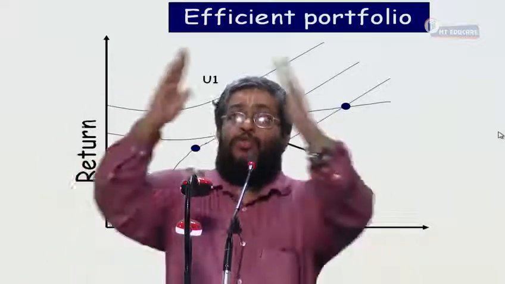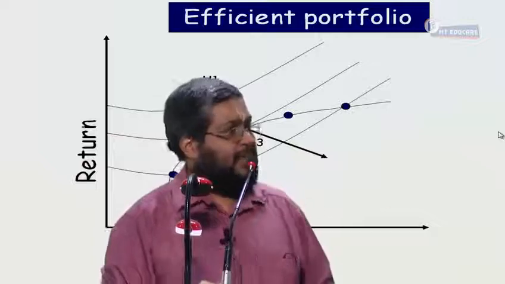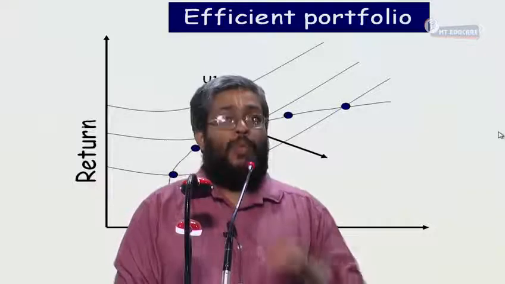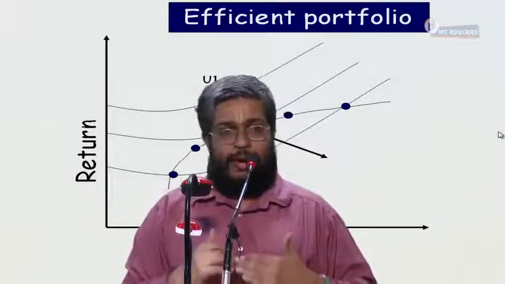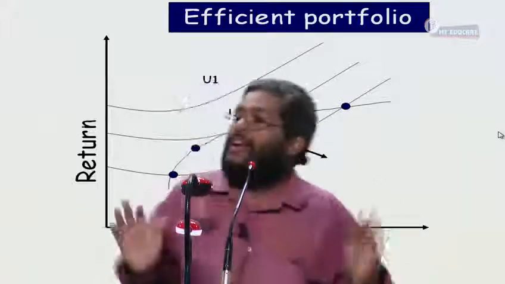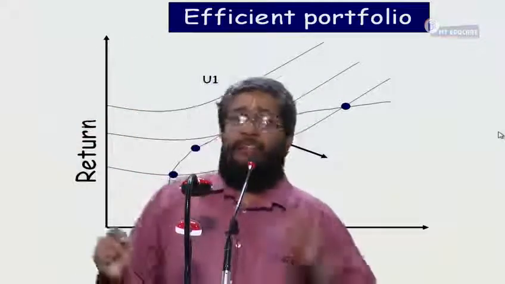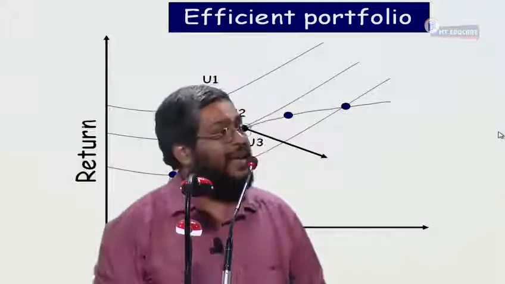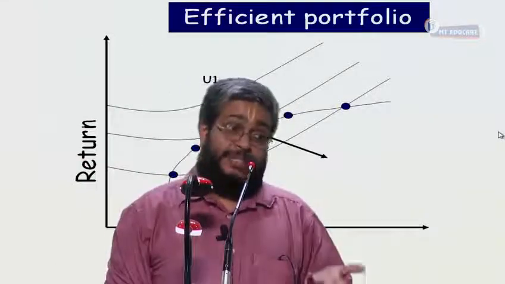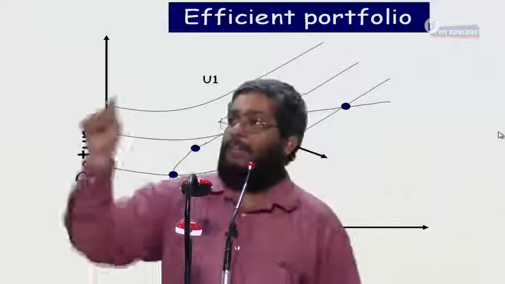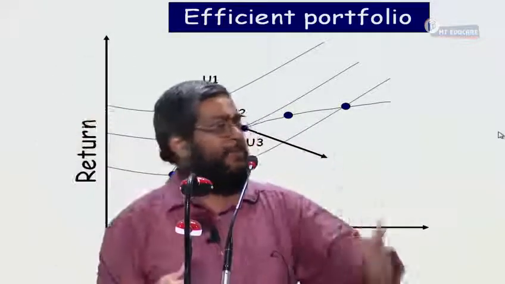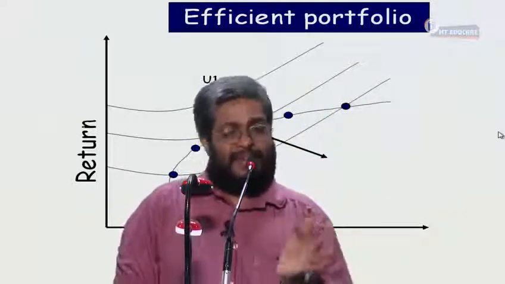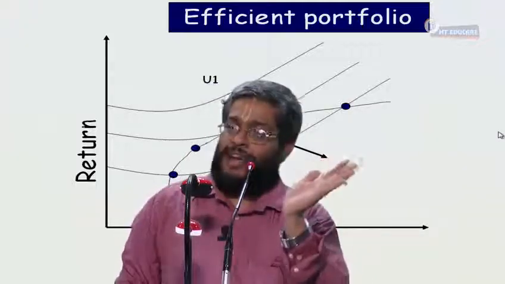Markowitz took a two-security stock market: Security A and Security B. One is high return, high risk. The other is low return, low risk. He saw different combinations. From that he said that if, in a low risk, low return portfolio, you inject a high risk, high return security, the return will increase and the risk will decrease due to the correlation coefficient. He brought in the benefit of diversification, which gives primacy to our portfolio. Yes or no? Now, the return increases and the risk decreases, so the curve moves leftwards as well as